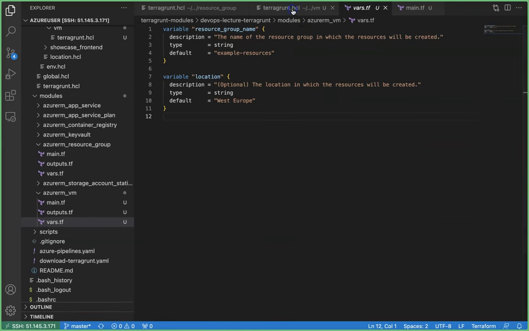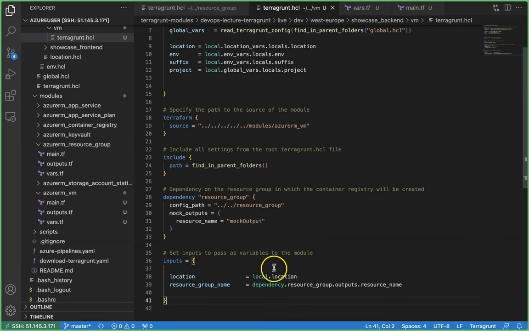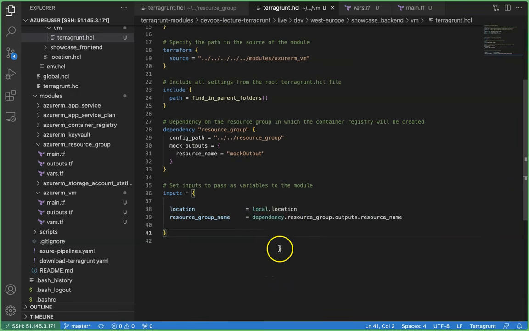Okay, whatever the inputs are there, you just come here. Here, those 2 are the only things you define. See how you are getting location, local dot location. Okay, that's perfectly all right. How exactly you are getting resource group name? See, dependency dot resource_group